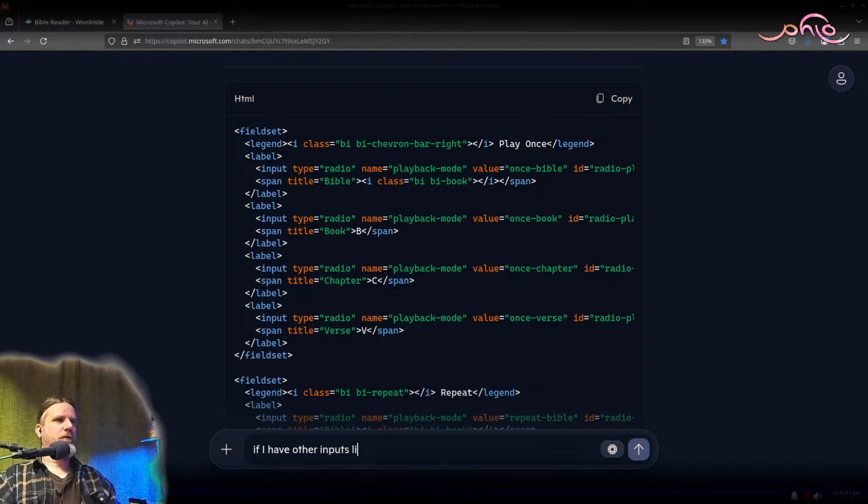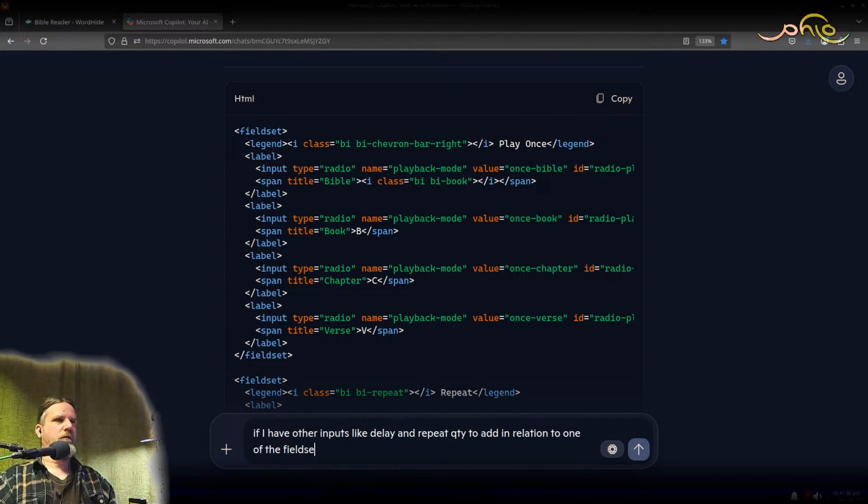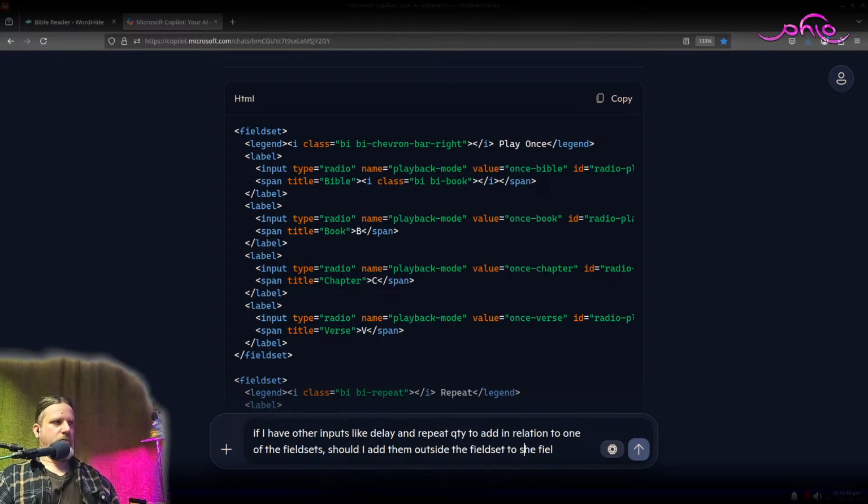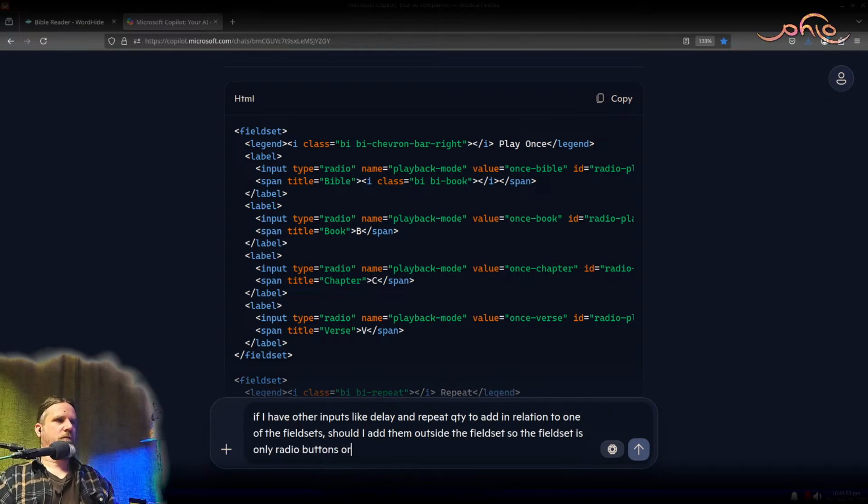If I have other inputs like delay and repeat quantity to add in relation to one of the field sets, should I add them outside the field set so the field set is only radio buttons, or can they be in the field set that they are related to?